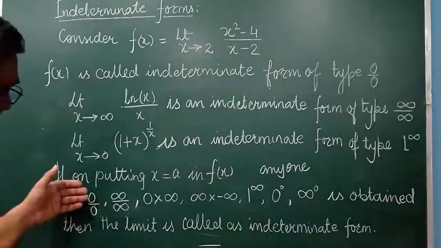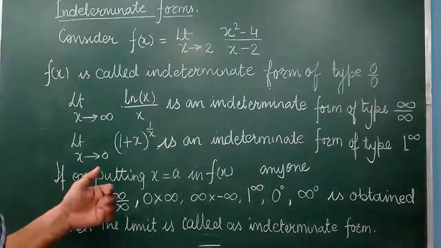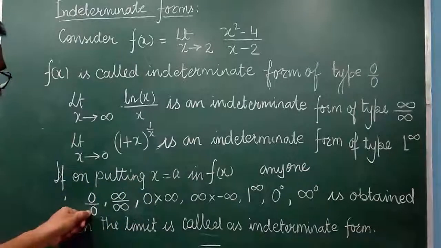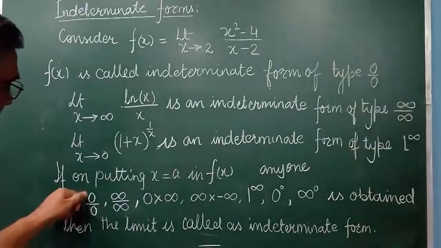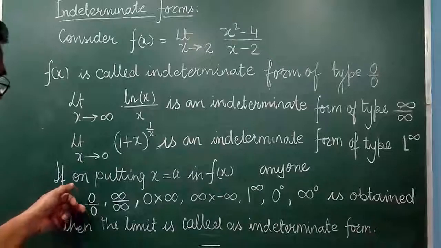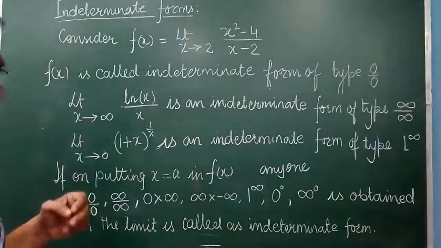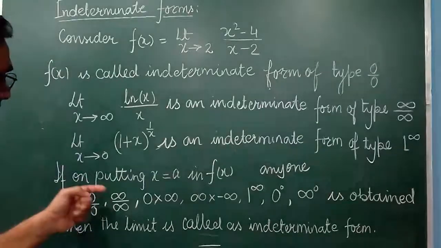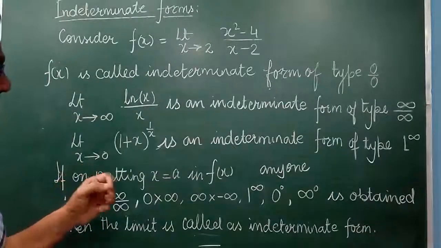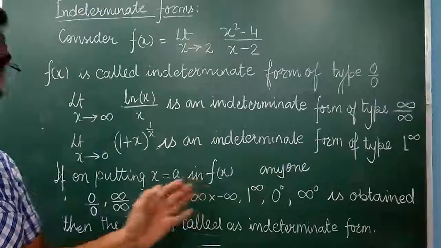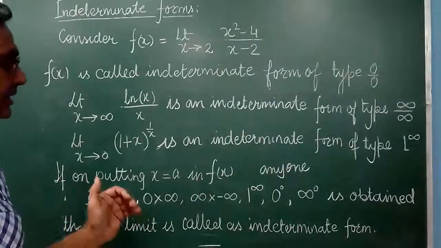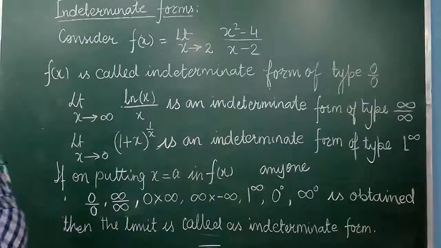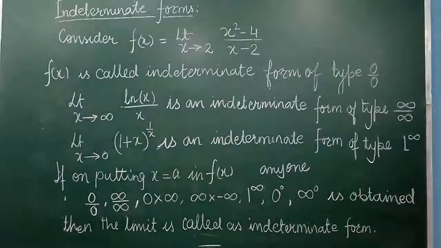Because here if you see 0 by 0, whenever we are putting 0, it is not defined. If it is only 0 downside and upside it is not 0, it is not defined. So it is very necessary that both should be either 0, or both should be infinity, and these are all interchangeable forms. We can interchange them. So we will be seeing what we can do here.